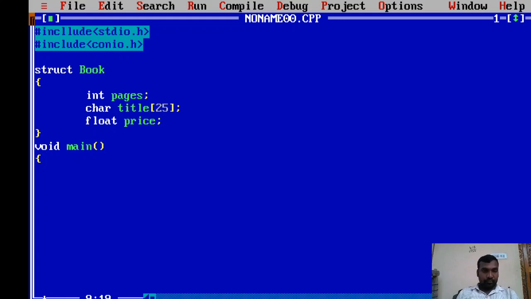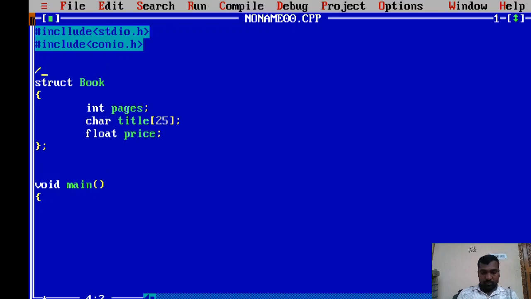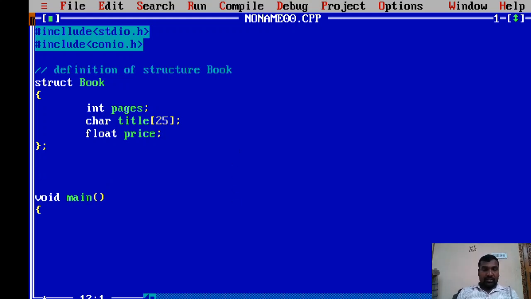Now, this is the definition of structure book. Now I want to declare a structure variable. So declaration of structure variable.